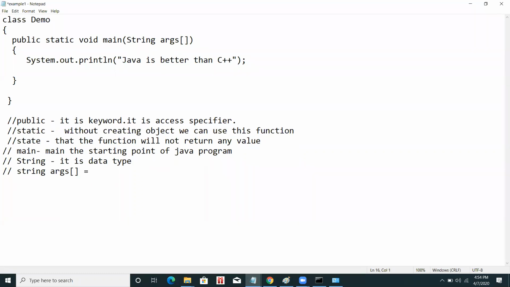It is used for taking input through the command prompt. It is a type of array. These square brackets are denoting arrays.